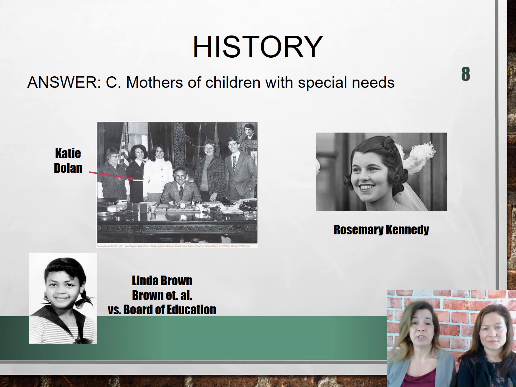Another hero for special education law was President John F. Kennedy. His sister Rosemary had a cognitive disability, and he started the federal push for the Elementary and Secondary Education Act, which later provided funding for primary education. This was seen by advocacy groups as really expanding access for public education for children with special needs. So these people really had instrumental parts in starting the first laws for special education students.